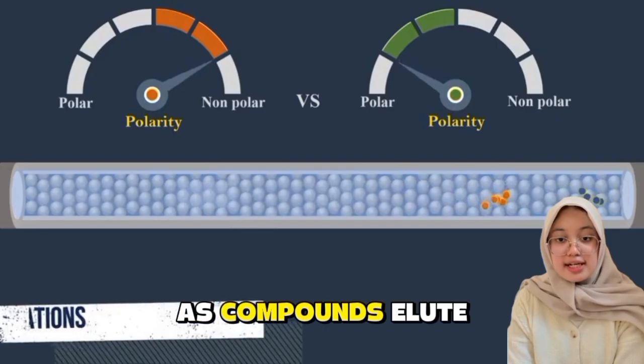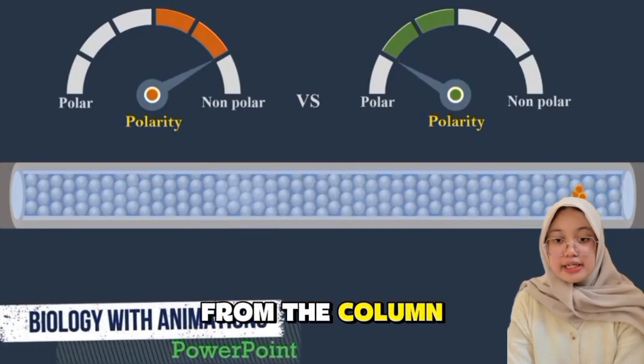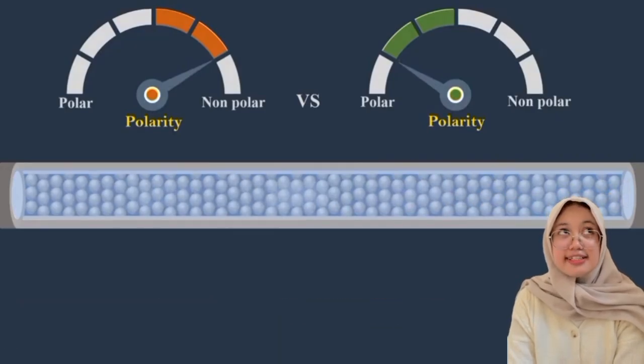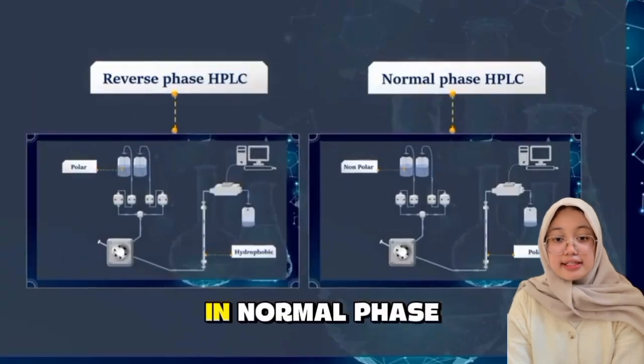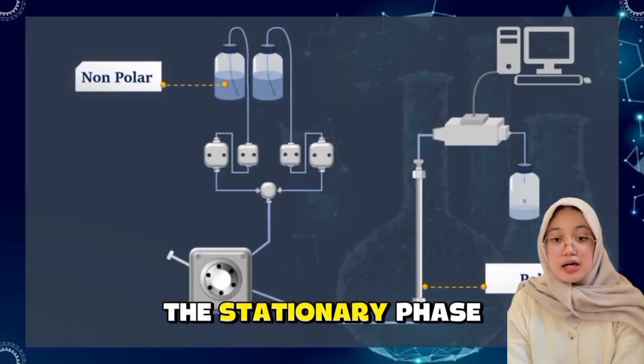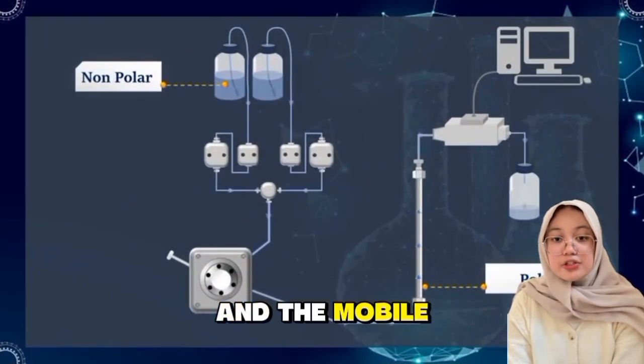As compounds elute from the column, they interact with the detector. Different types of detector can be used, such as